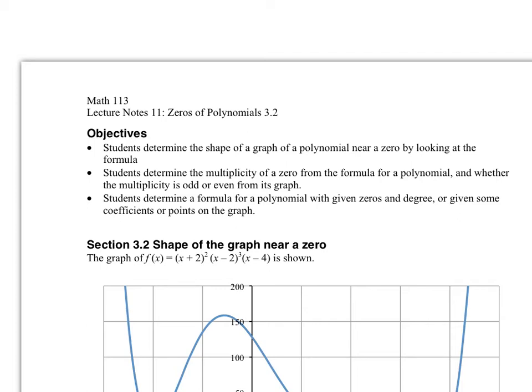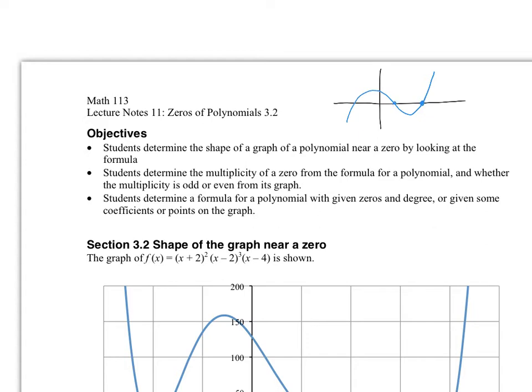Hello everyone, this video covers the lecture notes for week 11. The topic is zeros of polynomials. We talked about zeros of polynomials before, and we've been talking about polynomials for the last few weeks. Now, just to refresh your memory, when we say zeros of polynomials, it means this,